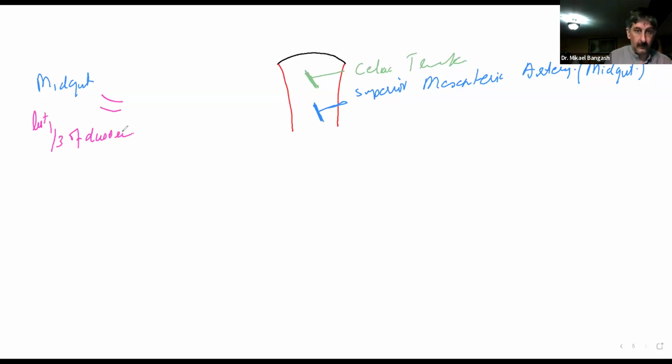Then we mainly are going to have structures like the jejunum, and we can say ileum. Next was going to be